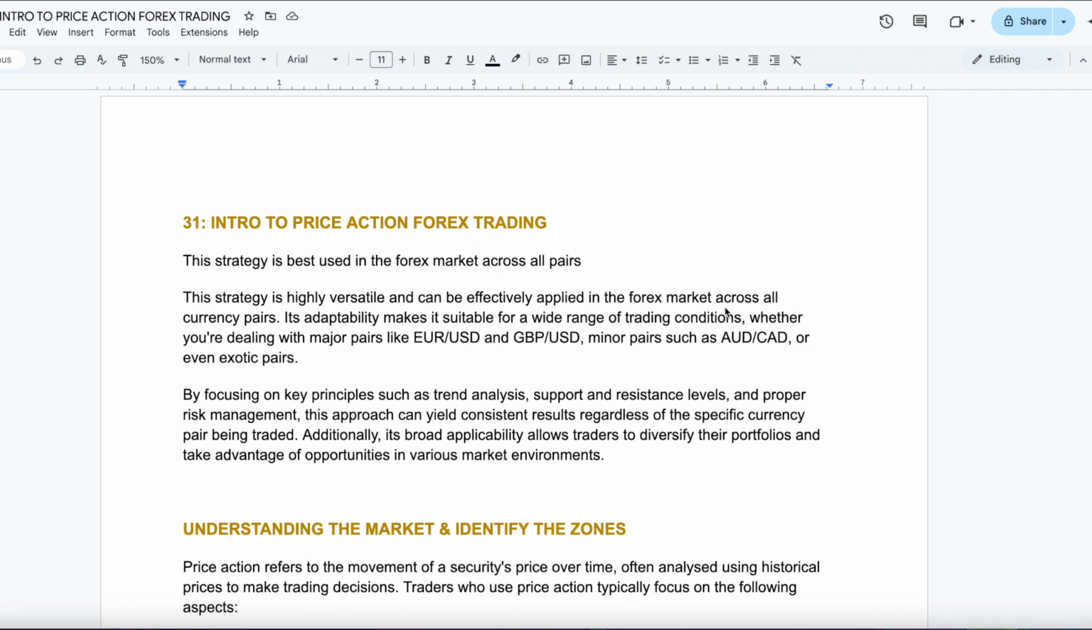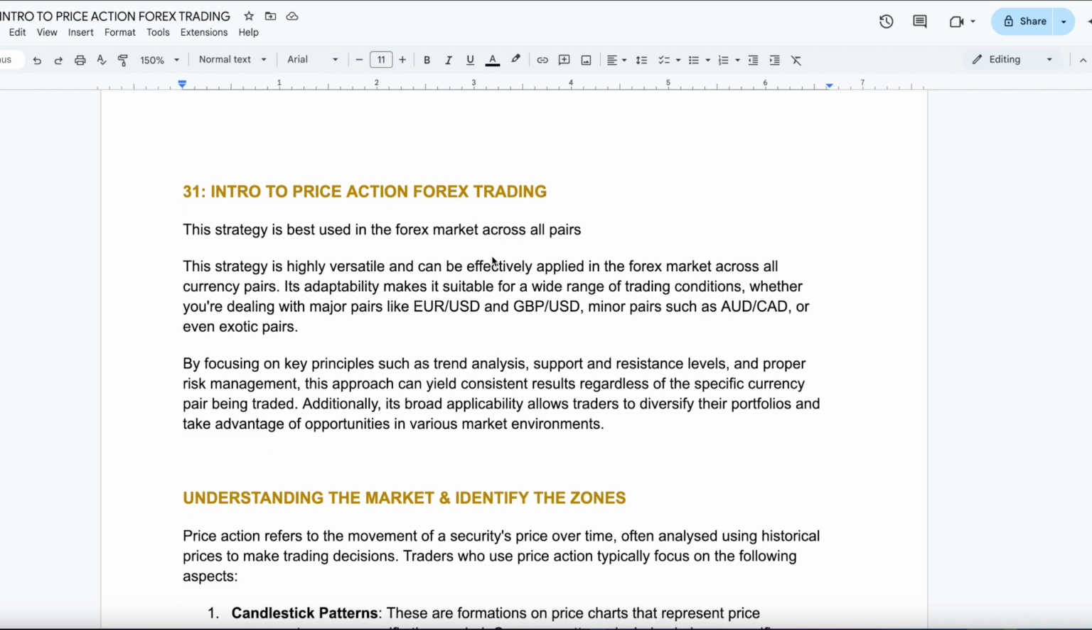So this strategy is best for all the market pairs, right? So you can trade all the market pairs. That includes crypto, you can include commodities and all that stuff, right? So it's not only applied to Forex trading, but it also applies to other instruments. So this strategy is highly versatile and can be effectively applied to all the Forex market and across all